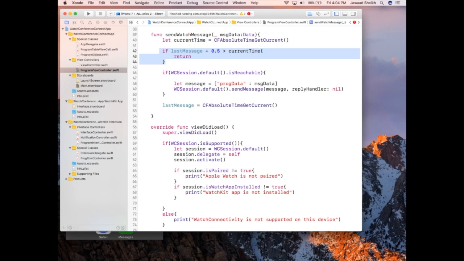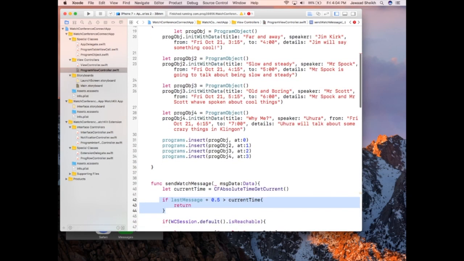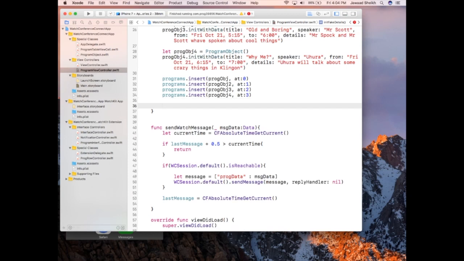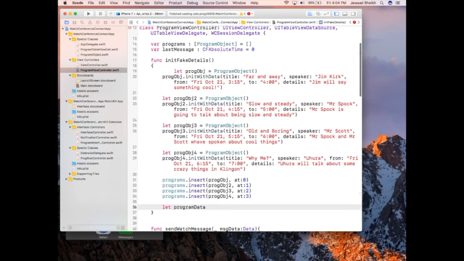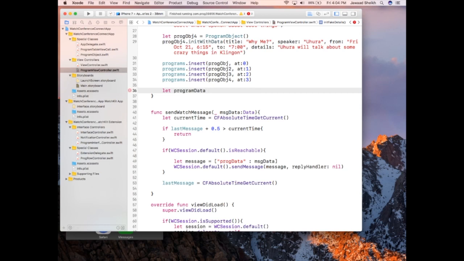Now let's return back to init fake details, where we had created this array of items. At this point, let's go ahead and send this data off to our watch. This is at the end of init fake details. We're adding this code right after our inserting into the array. We'll say let program data equal